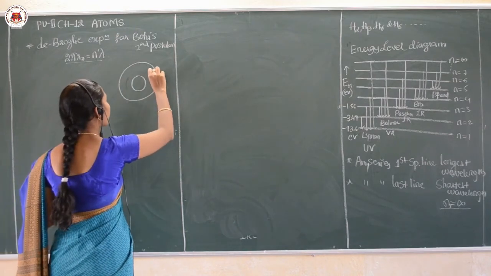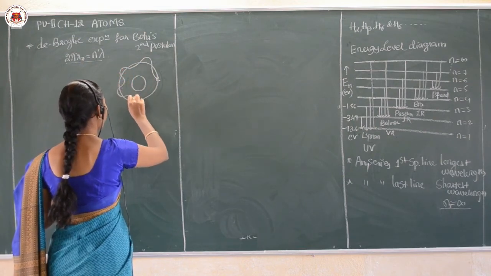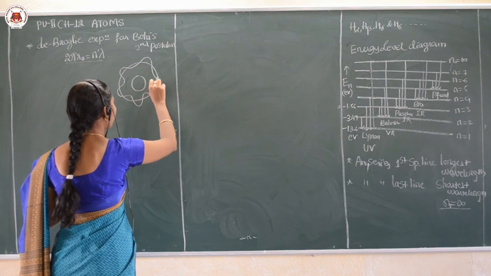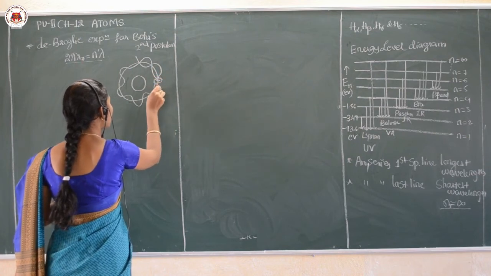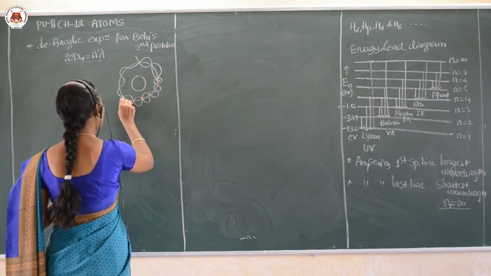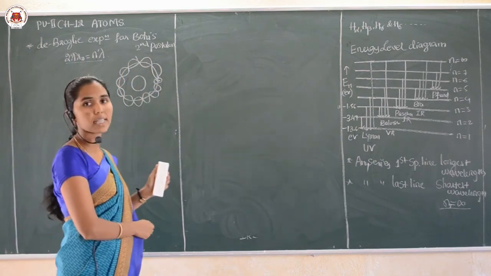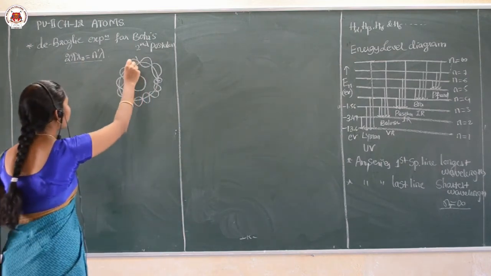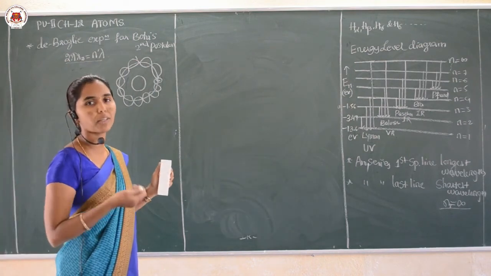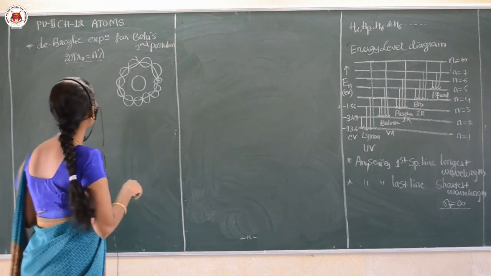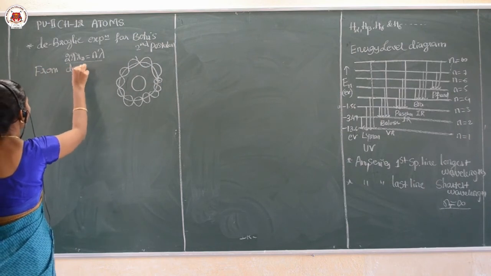Therefore, to explain how the electron is moving, he considered it in this wave form. He considered that the wave is a stationary wave, which means the orbit should be stationary, and that orbit will be stationary when 2 pi Rn is equal to an integral multiple of the wavelength of the wave.